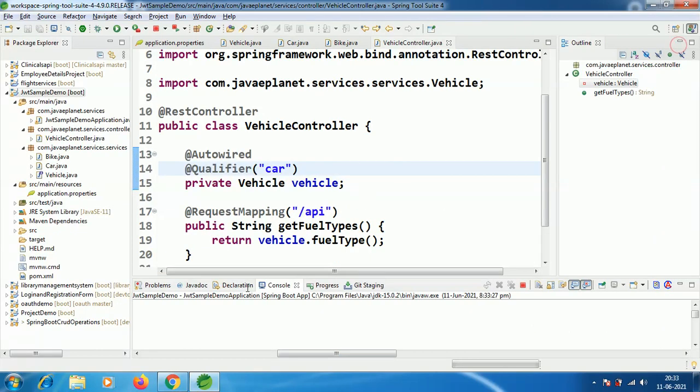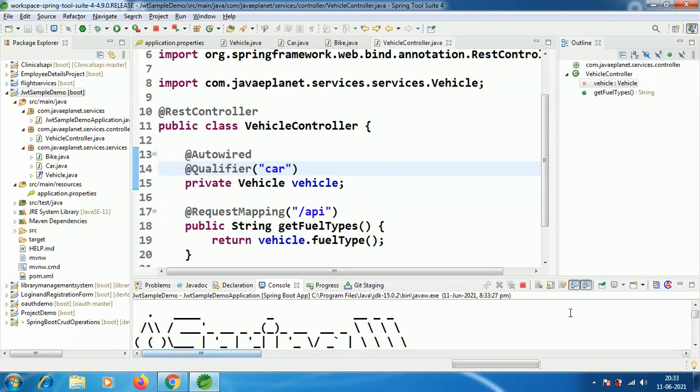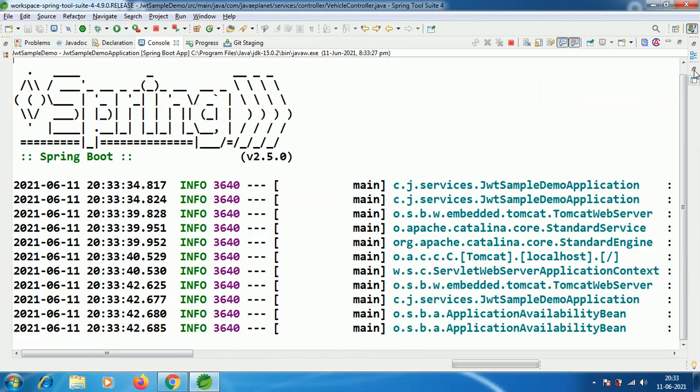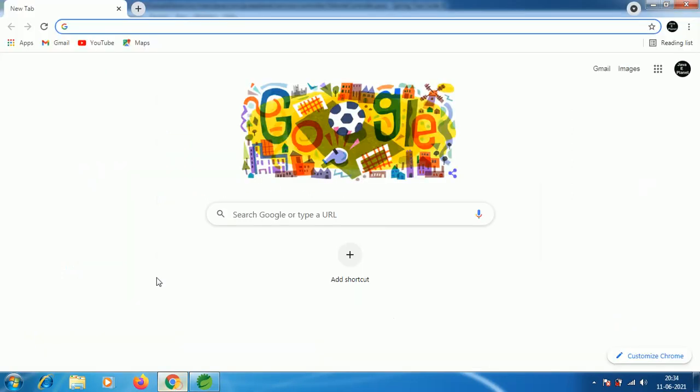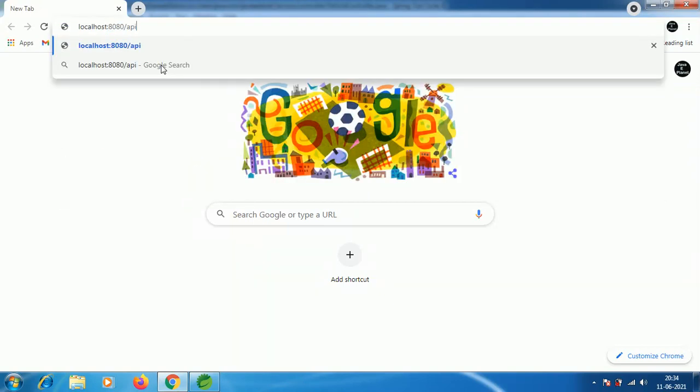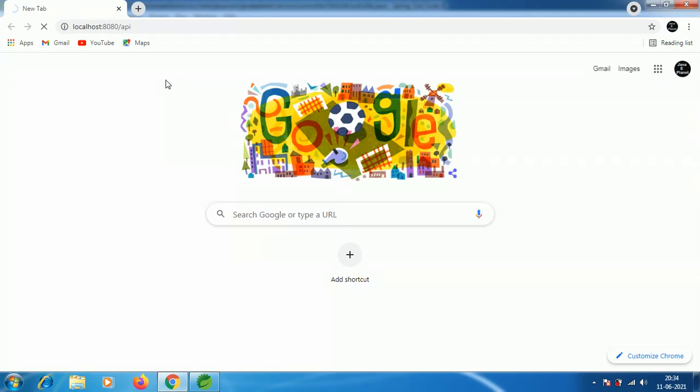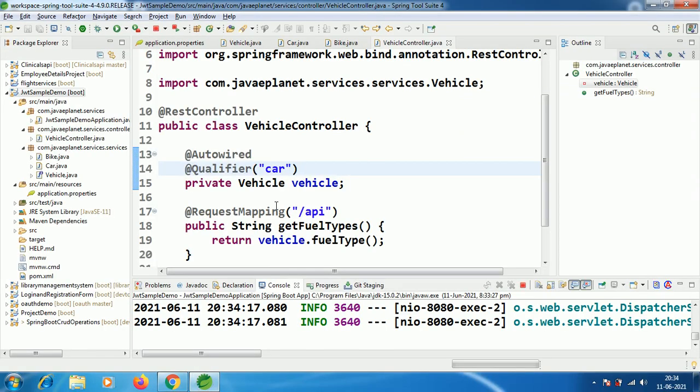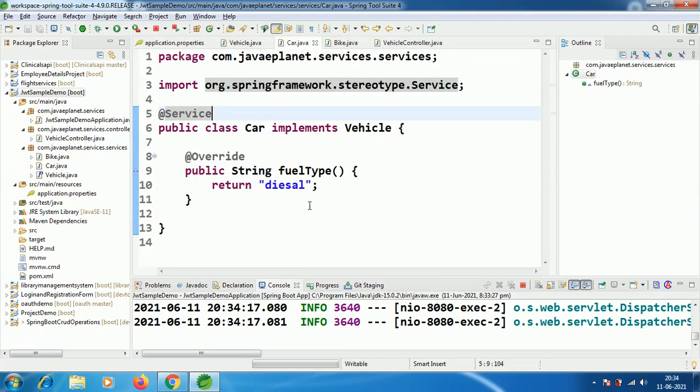The application was started. Go to localhost /api. Let me check the output. Here the output is diesel, which is the return value we provided in the Car class.